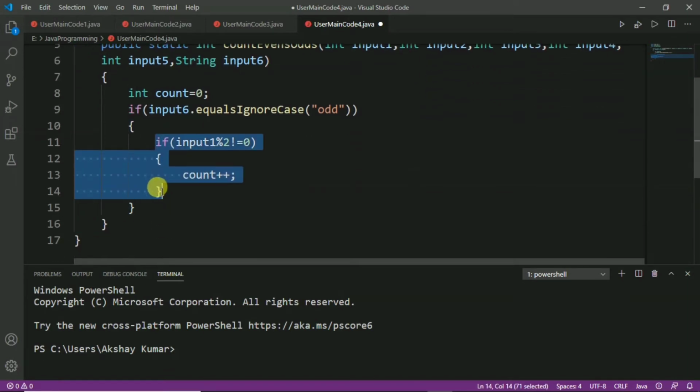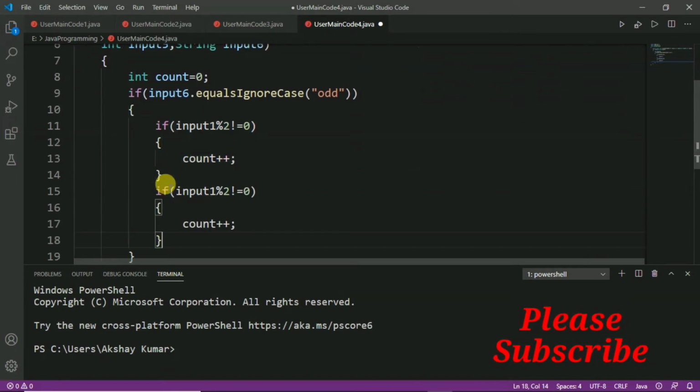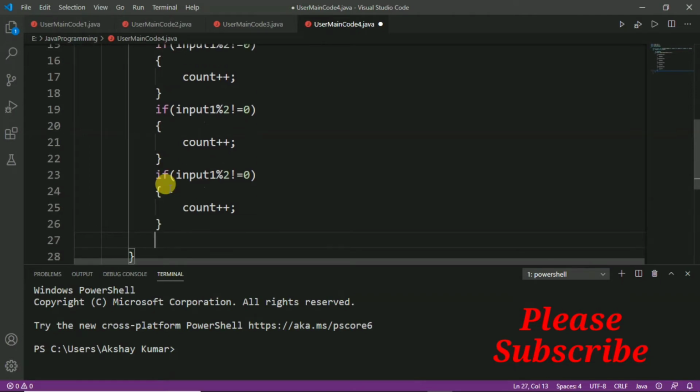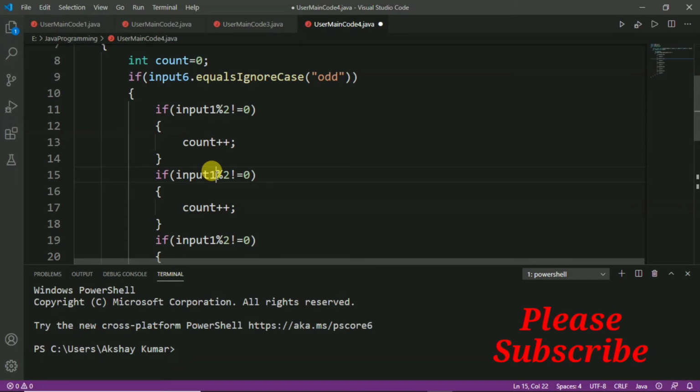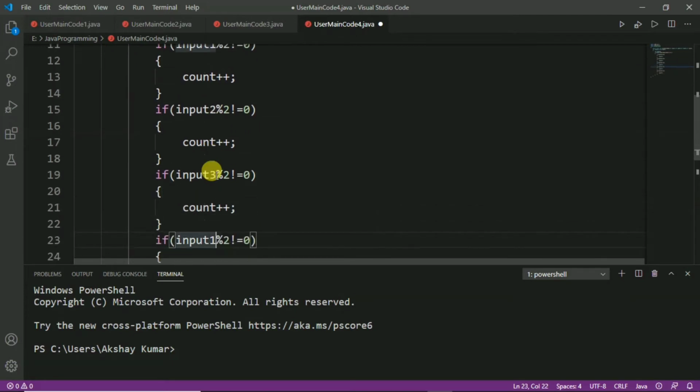So, let us copy this and paste 4 more times, 1, 2, 3 and 4, and after that we will change the variable name, input1 to input2, input1 to input3, input1 to input4 and input1 to input5.